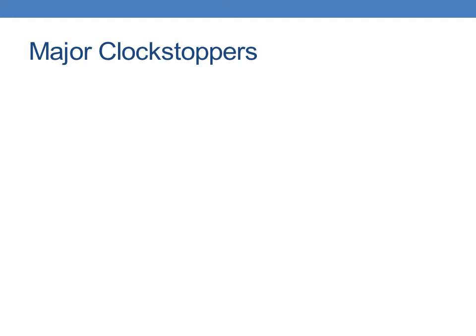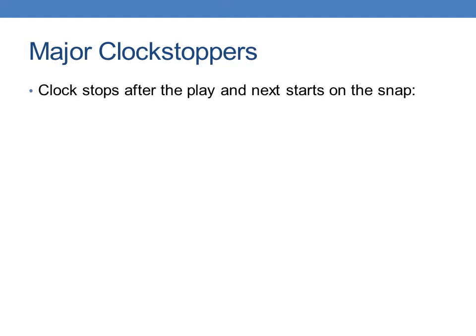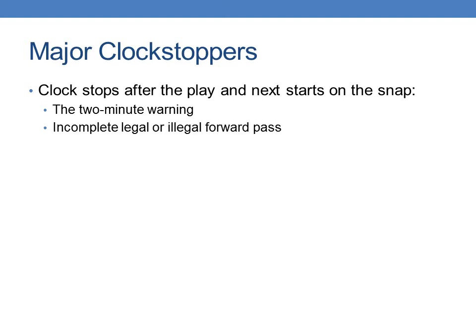Because this works for me, I've grouped those situations I mentioned on the previous slide into major and minor clock stoppers. Major clock stoppers for me means that the clock stops after the play and won't restart until the next subsequent snap. Those major clock stoppers under 2 minutes include the 2-minute warning itself, an incomplete legal or illegal forward pass, a play that ends out of bounds, a safety, a team timeout, which is always a major clock